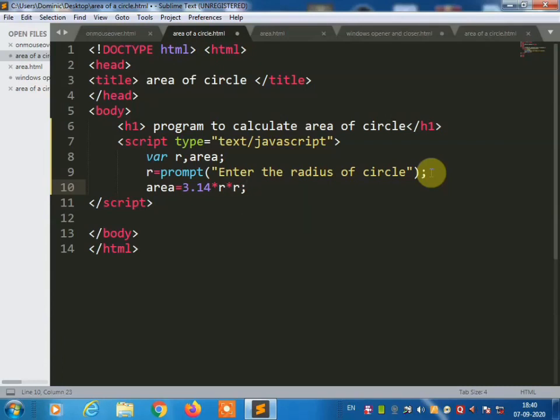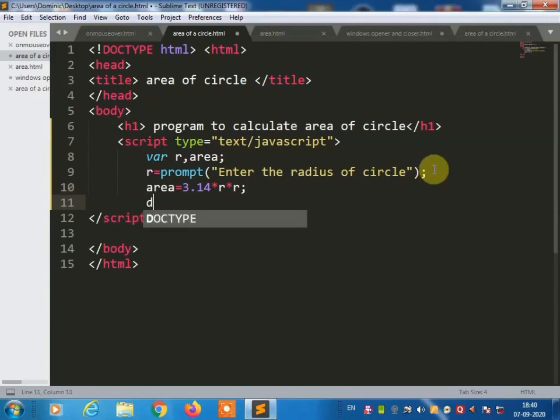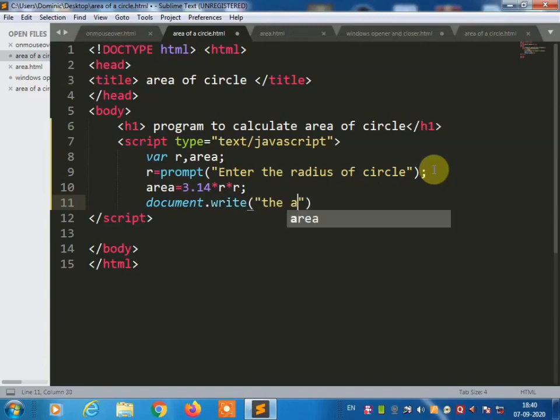Once the formula is over, then you are going to print the result. You can use the document.write property: document.write "The area of circle is" plus the area variable, and complete the statement and all the tags. Save this program.